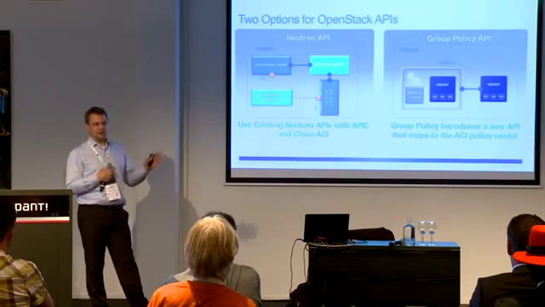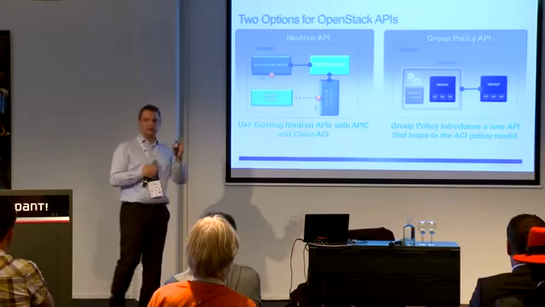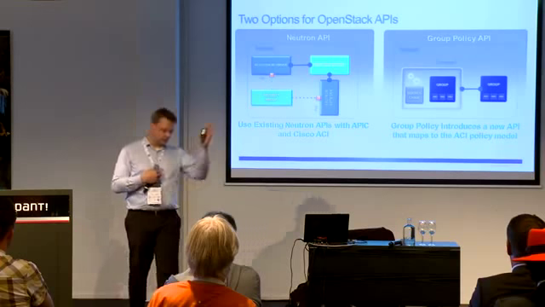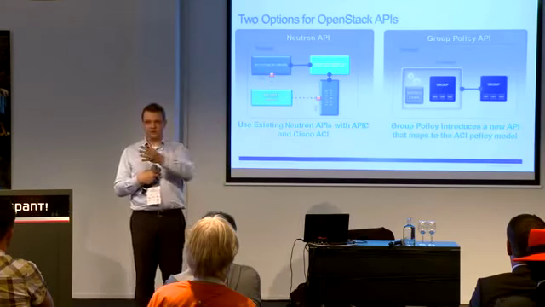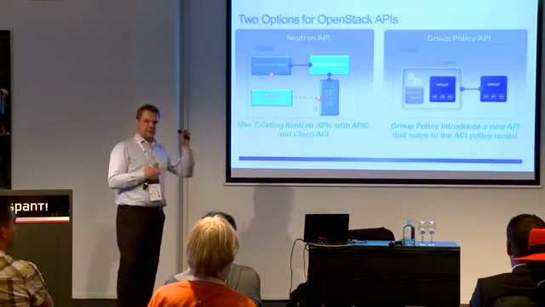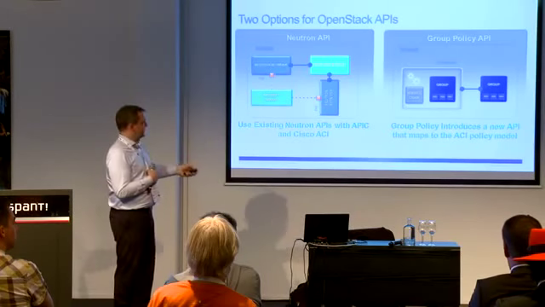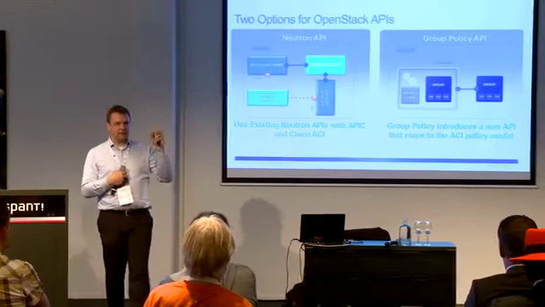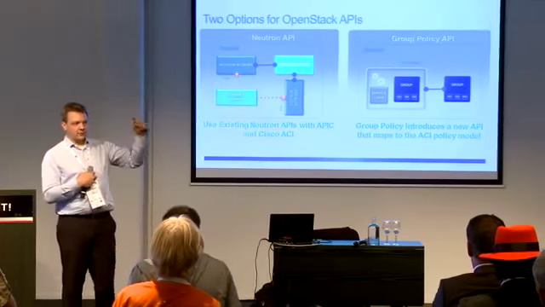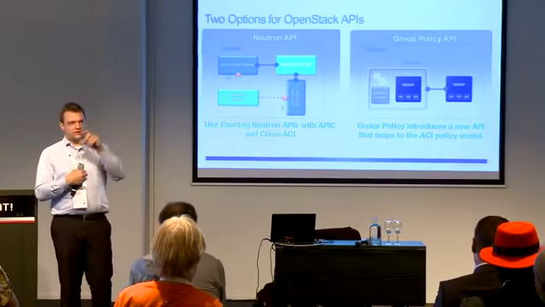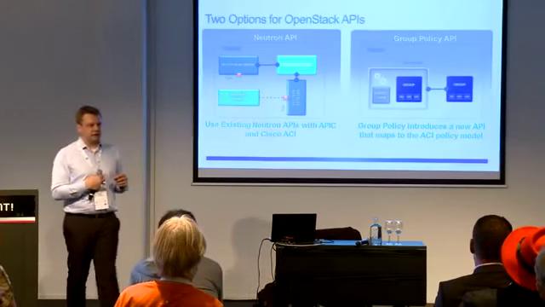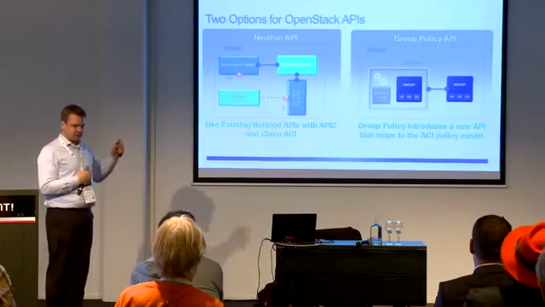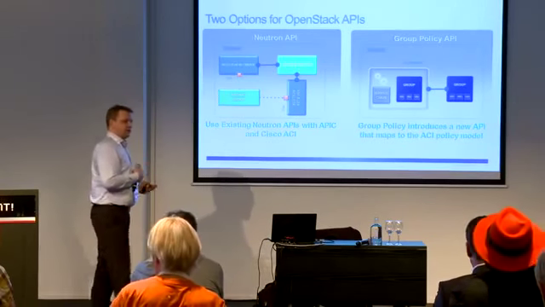You will model your network, your initial network, the way you used to now. So you create a network, you've got an external network, all that. But all the workloads that you put on that infrastructure will actually work through the group policy API. So you're able to apply those policies to the different machines that you have. And this is not Cisco specific. This is not anything that we've done proprietary.